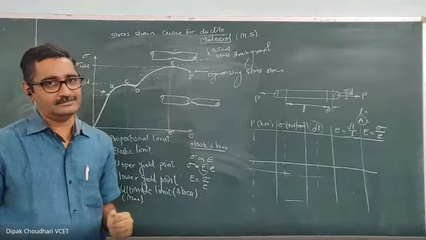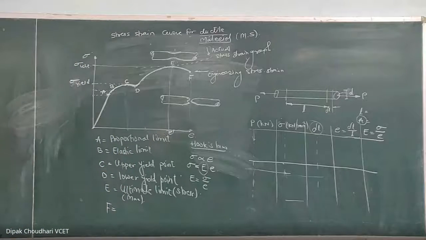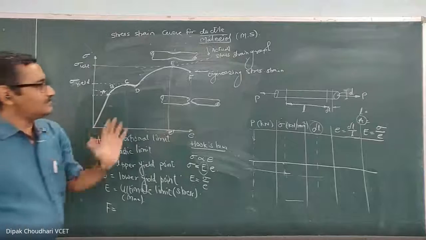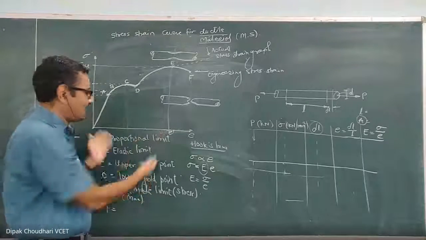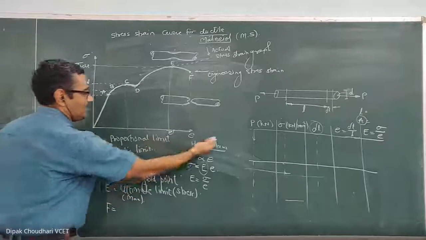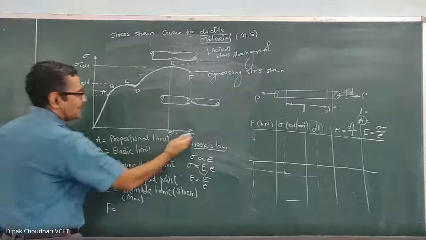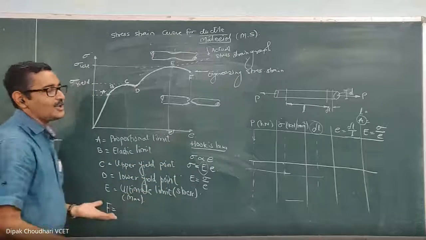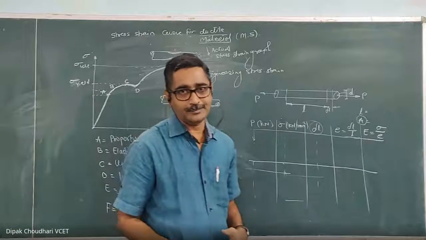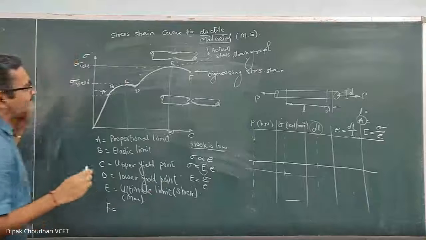Okay, now coming to this stress strain graph, whenever it is asked to explain the stress strain graph, plot the stress strain graph and explain all these things. What is proportional limit? What is elastic limit? Don't write a story, write point-wise. What is upper yield point, lower yield point, ultimate stress, and all these things that you have to explain. Okay. Now, how to calculate this ultimate stress?